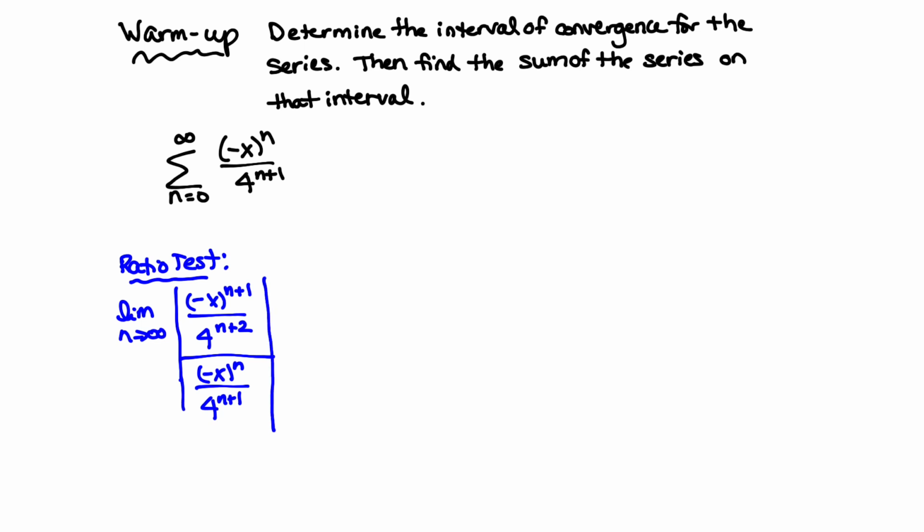So the ratio test says look at the limit as n goes to infinity of a sub n plus 1 over a sub n. And so you guys are getting, let's see, minus x to the n times